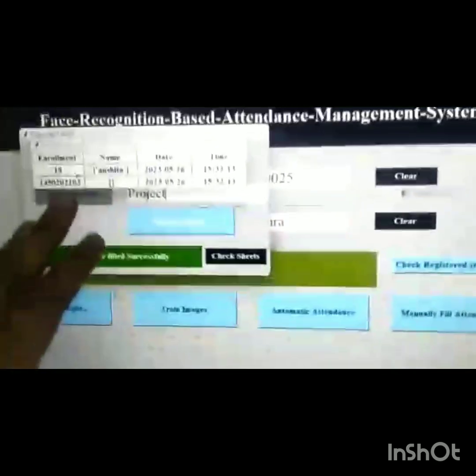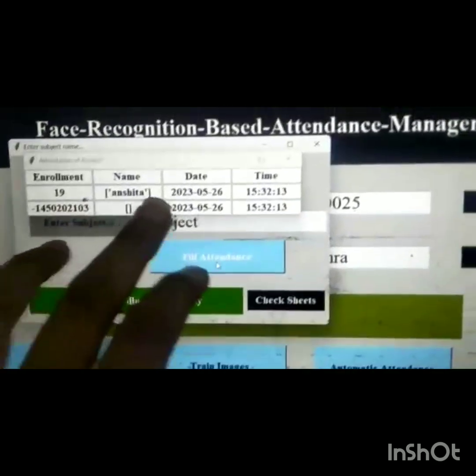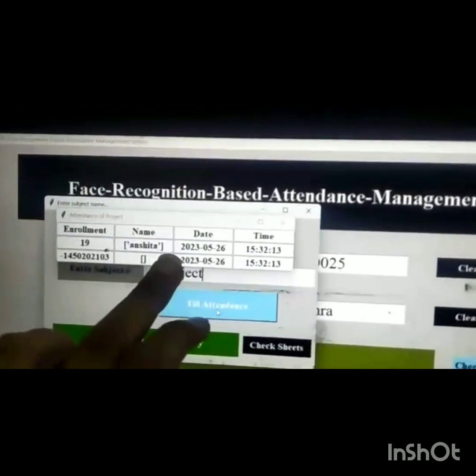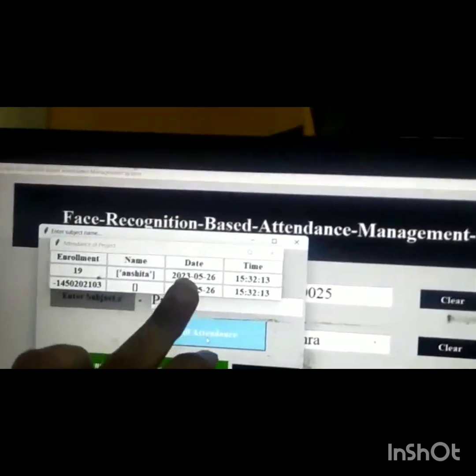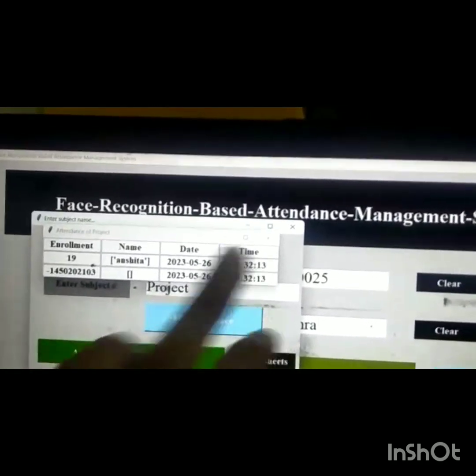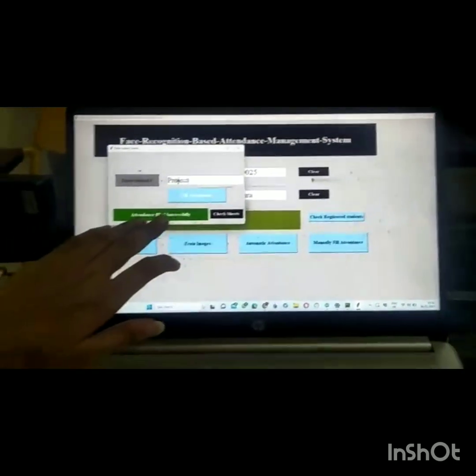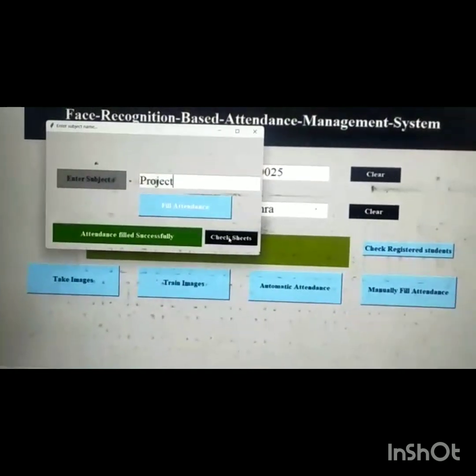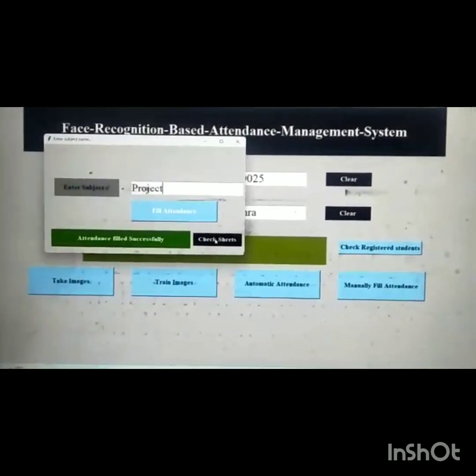So you can see that our name and enrollment are done, and you can also see the date and time. So our attendance is automatically filled. You can check it in the Excel sheet.